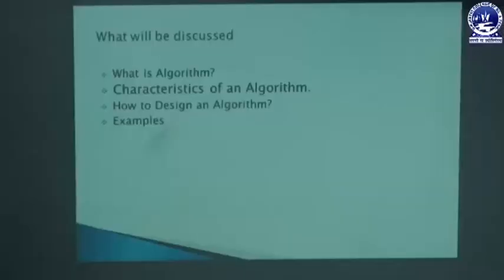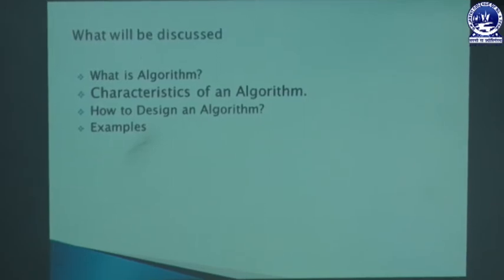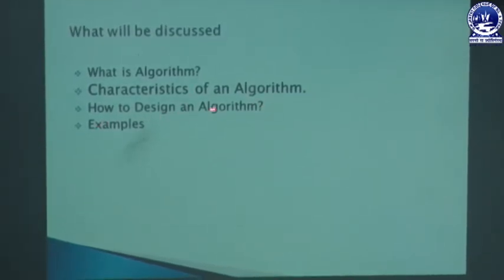When we are executing an algorithm, our aim is to find the result. Suppose we are adding two numbers, multiplying two numbers, or anything we want to execute in a program, we must draw the outline of that program through an algorithm. Before we implement a program, we must know about the algorithm. Today's contents are: what is an algorithm, characteristics of an algorithm, how to design an algorithm, and some examples of algorithms.